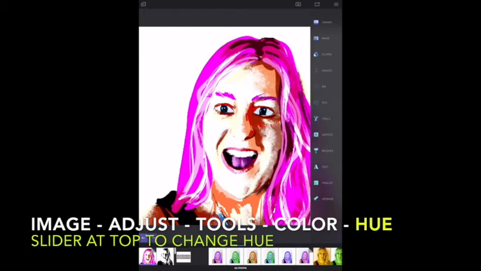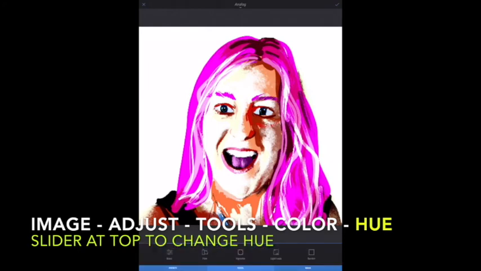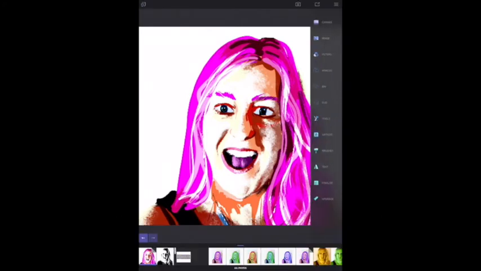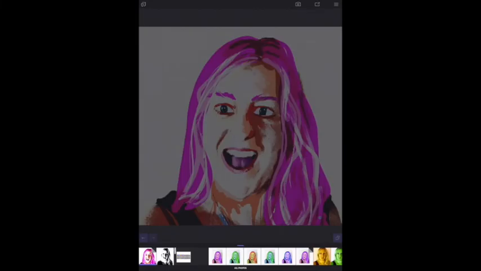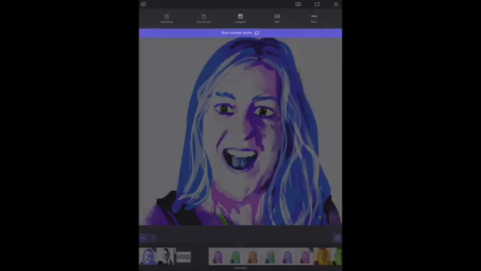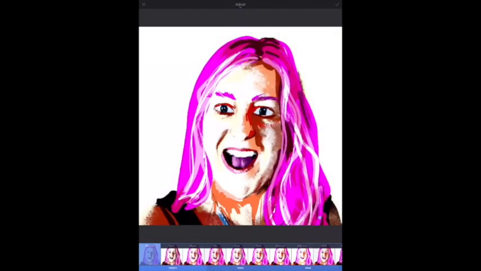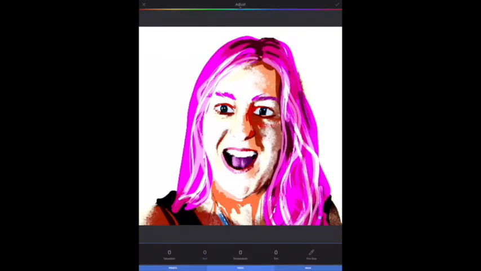color. I have to get to the color first. So image, adjust, tools, color, and then from color I can change the hue. See, I can never find this thing. Okay, image, adjust, tools, color, hue, there it is. Okay, and so, oh, there, see, I like the blue, so then I like it, save it up at the top, the little square, save photo, and then step back to the original one, image, adjust, color, hue,